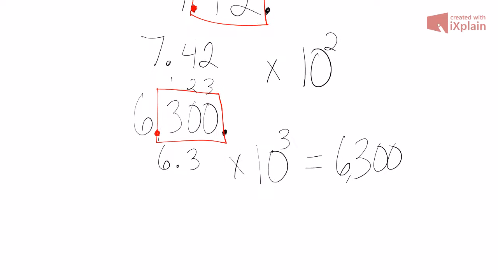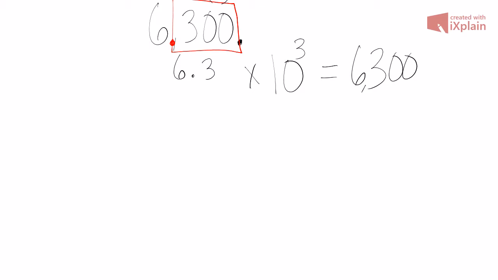Now let's take a look at a number that's less than 1. So let's take 0.0042. Okay, so I want to put this decimal into scientific notation. Okay, so my first decimal is already given to me right here. I want the new decimal to go after the first number that's not 0. So I've got a 0 here, 0, 0. There's a 4, so I want it after that 4. Okay, so I'm going to have 4.2,